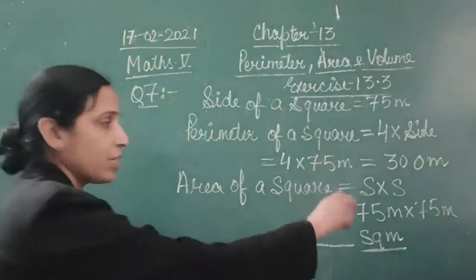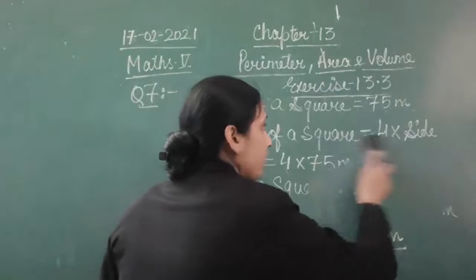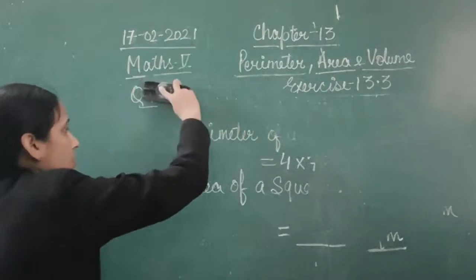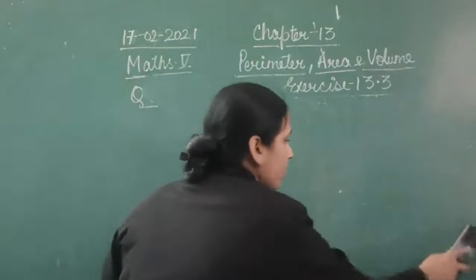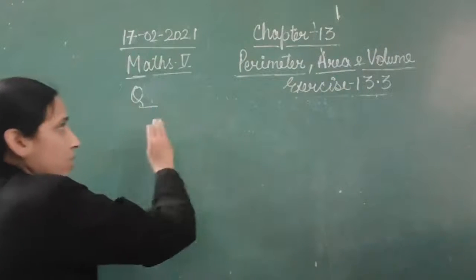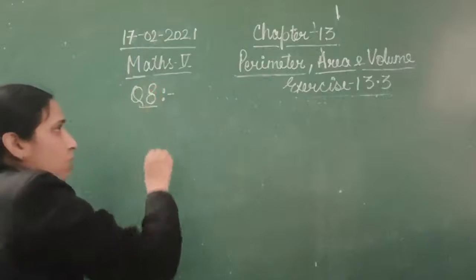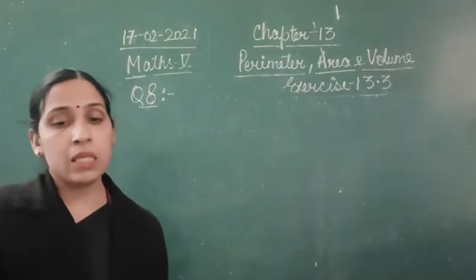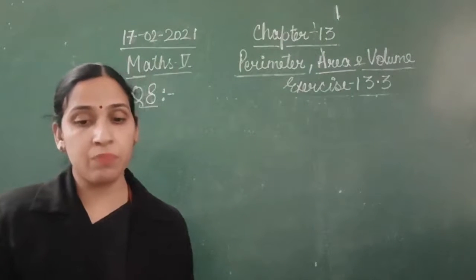And this multiplication you all will do it yourself. Now here in revision class, some part of the question you are only going to do yourself. I am telling you the things which are different from the previous question, that only we are going to take. Now question number 8 is, the perimeter of a room is 18 meter.